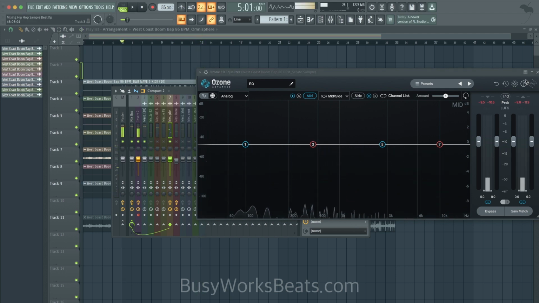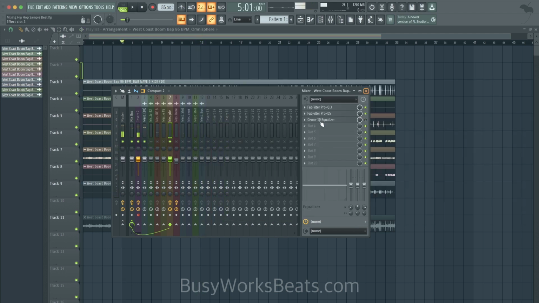I also like the stereo image, so there's nothing to really change as far as the imaging. Some people overly widen their tracks, and it actually makes it sound confusing and pan to a certain side. So I'm not going to overly widen that sample. It's already wide enough. Let's say you wanted to push it back in the mix. We could add Waves TrueVerb.